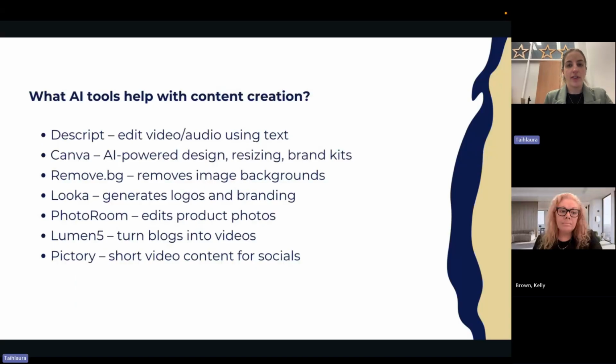So that's a little bit of an overview on some of the marketing AI tools that you can use. Are there any questions about any of those tools that we've just been through? Not yet, Laura, but just a reminder to everyone, you can use the Q&A function to write a question and I'll ask it on your behalf, or feel free to raise your virtual hand.